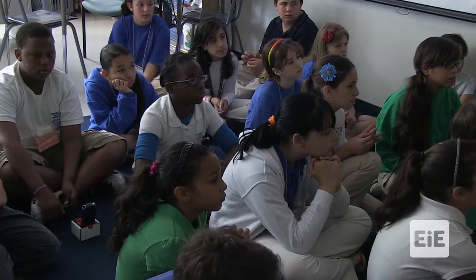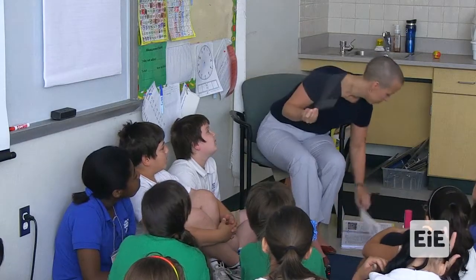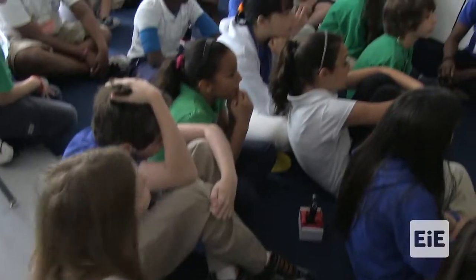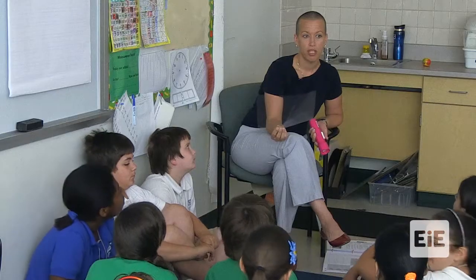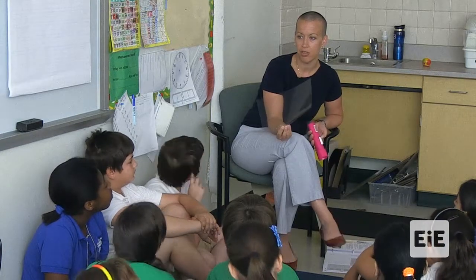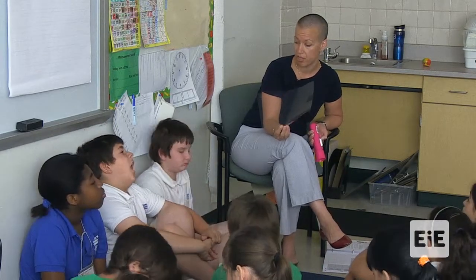Okay? I'm going to do the transparency with you. How would you describe this transparency? Clear. It's clear, okay? Shiny. It is, yep, it is shiny. You can see through, it's smooth. Is it thick or thin? Thin. Is it sturdy or flexible? Flexible. So we need to take all of those characteristics into our thinking when we go to characterize what type of material this is and whether or not it's going to fit the problem that we're going to be trying to solve later. So if I shine a flashlight through this,